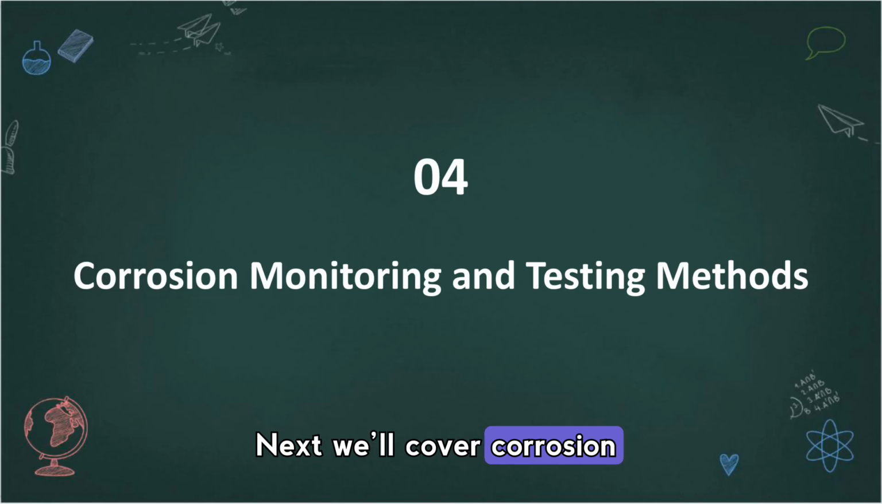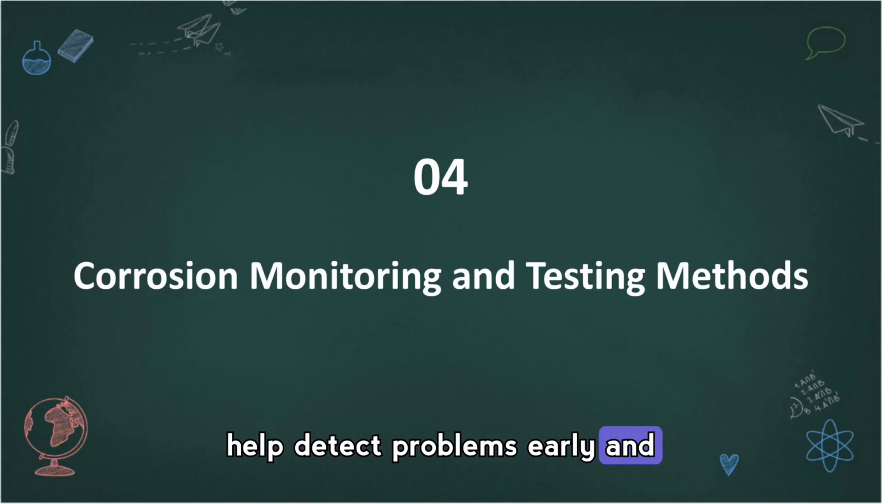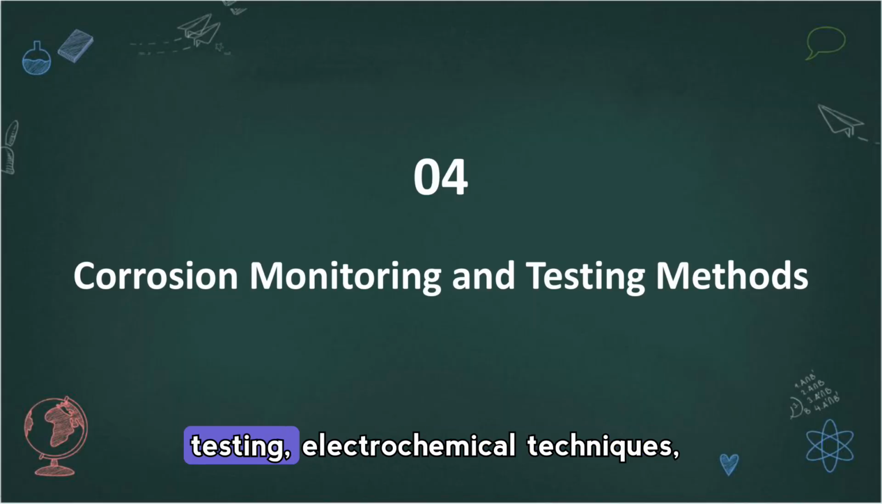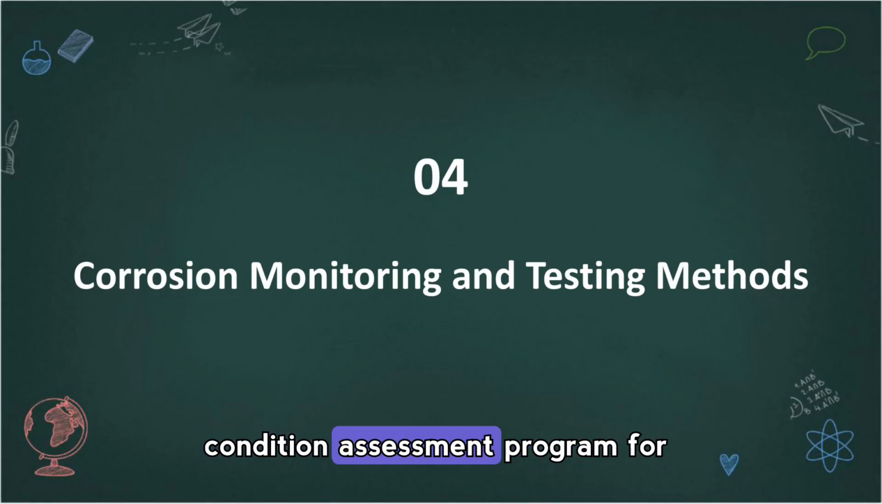Next, we'll cover corrosion monitoring and testing methods that help detect problems early and verify protective measures. This section looks at non-destructive testing, electrochemical techniques, and visual inspection methods that together form a comprehensive condition assessment program